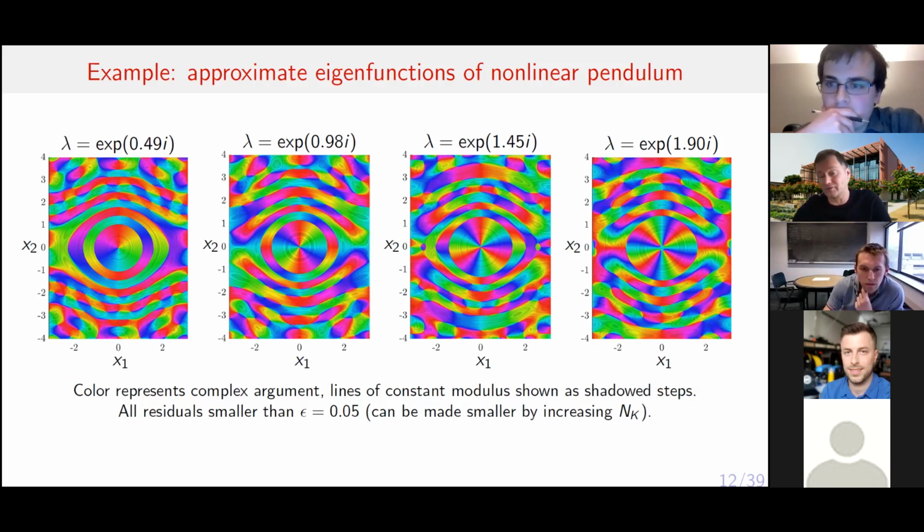So just like L2 on the attractor depends on an eigenfunction, which is the invariant one of the Perron-Frobenius, in the same way this appropriate space off the attractor depends on the